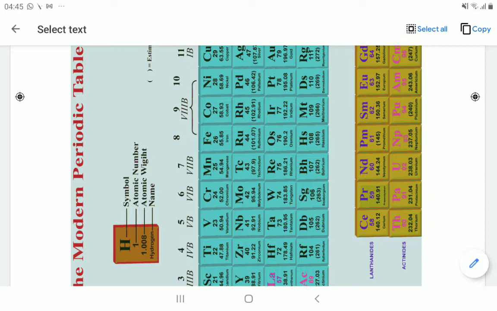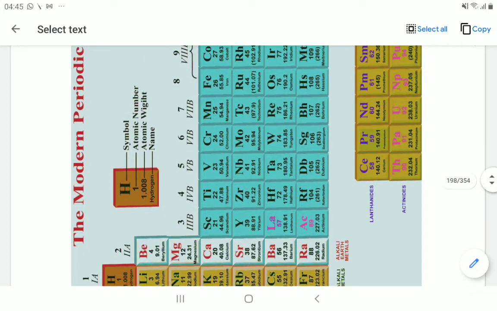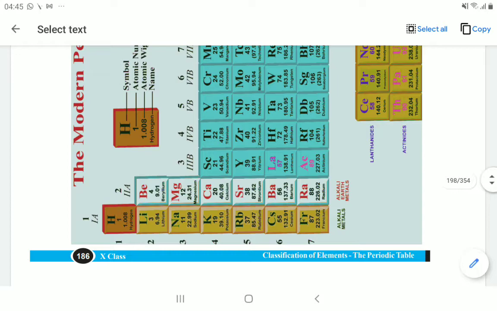Okay, so these will be 4f and 5f block elements. Now this is about the periods, children. In the modern periodic table we have 7 periods. Which period an element belongs to mainly depends upon its main shell. The element will start with a particular main shell, and according to that, all the periods will be filled